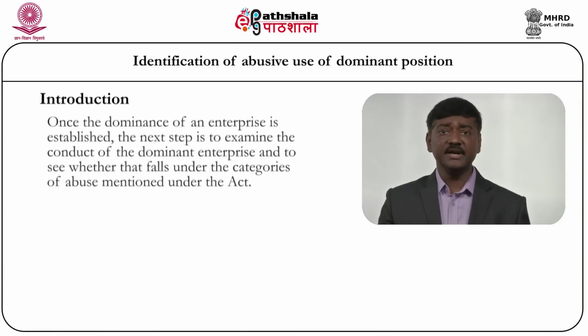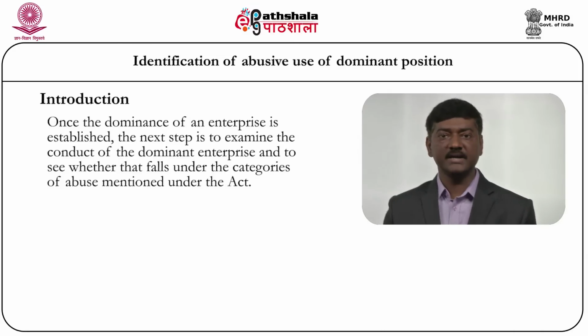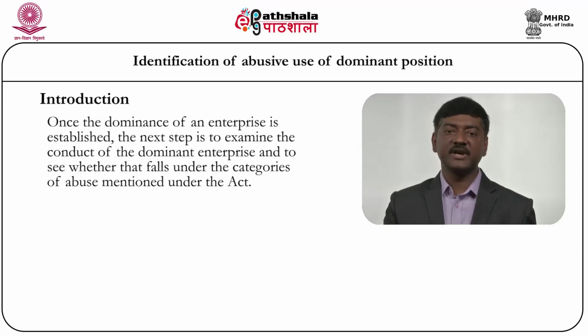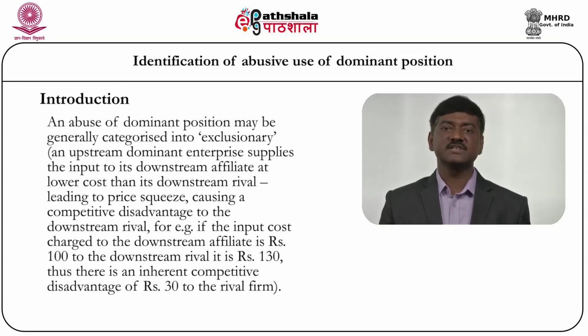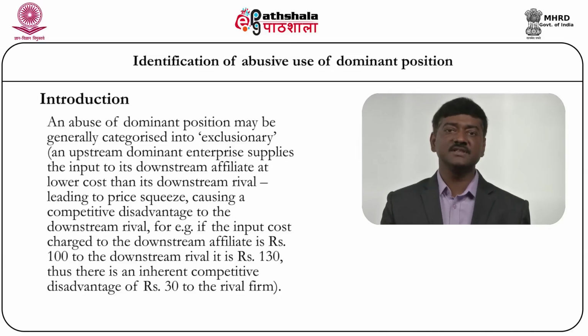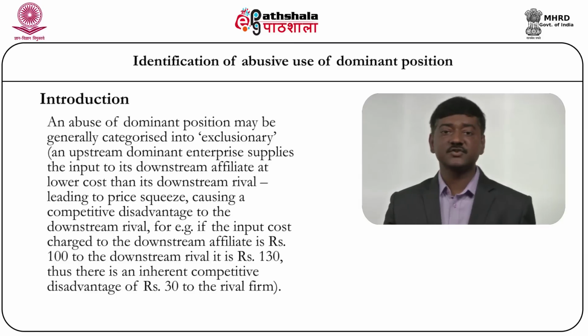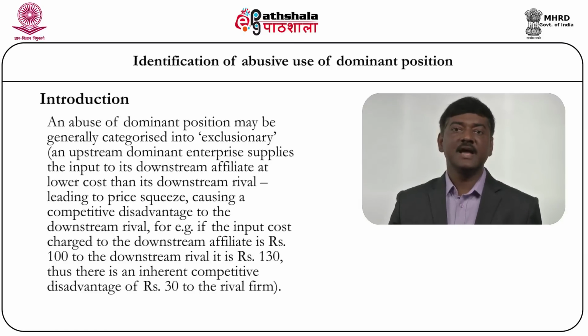Now, the dominant enterprise may go into two kinds of abuses, and these are categorized around the world. One is called exploitative abuse and the other is called exclusionary abuse. The exclusionary abuse is basically the exclusion of competition from the market. We have seen the definition of the dominant enterprise. It says that it acts independent of the competitive forces, or it tries to affect its competitors, consumers or market in its favor. While doing so, if it is excluding the competitors from the market, or excluding entry into the market,